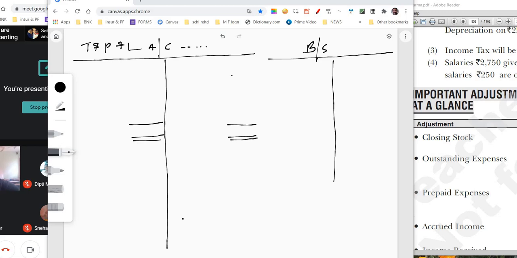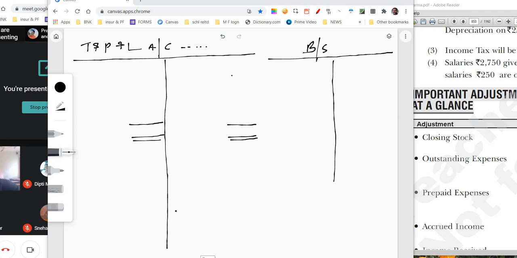Here you have two records. One is trading and profit and loss account, and the trading and profit and loss account is divided into two parts: one is trading account, another one profit and loss account. So you simply write either in trading account or profit and loss account, debit or credit. Use short form. Then you write where it will be coming in the balance sheet. Write this in your notebook. I hope you have finished.